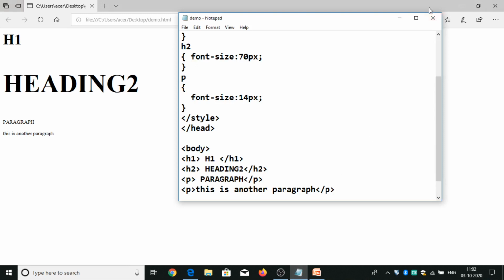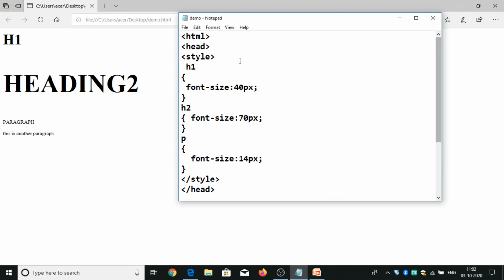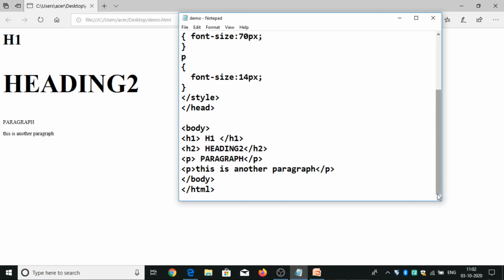I have taken H1 size as 40 pixels and H2 size as 70 pixels and the paragraph as 14 pixels. I didn't specify the size for the last paragraph, another paragraph. This takes the default pixels. Okay, this is about font size.